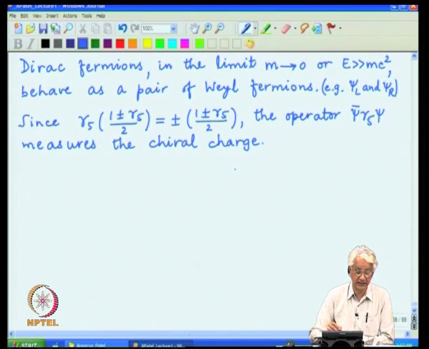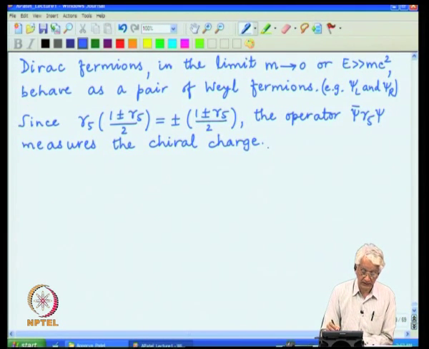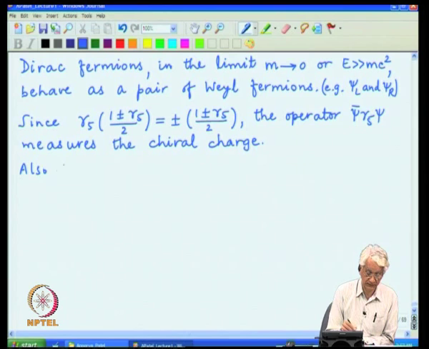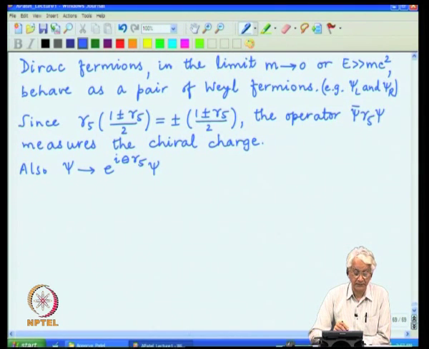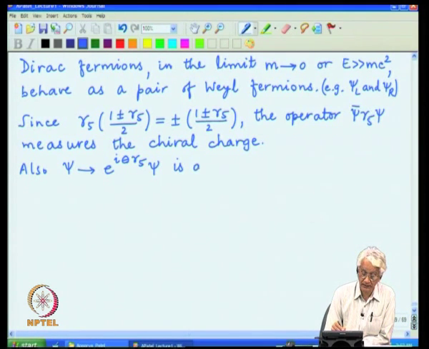And one can then extend this use of the operator to a sort of symmetry which mixes the two components, and that also can be done again in the case of Dirac fermions, where one can define a transformation which is exponential of I theta gamma phi, where theta is some rotation angle. This is an exact symmetry